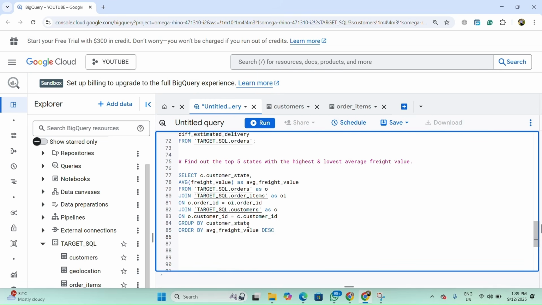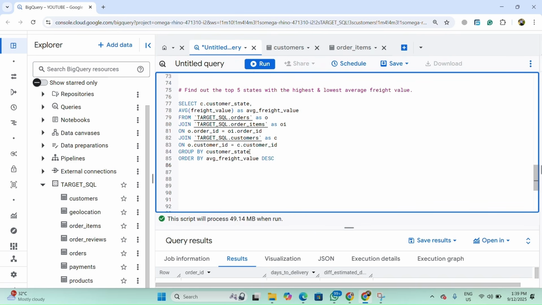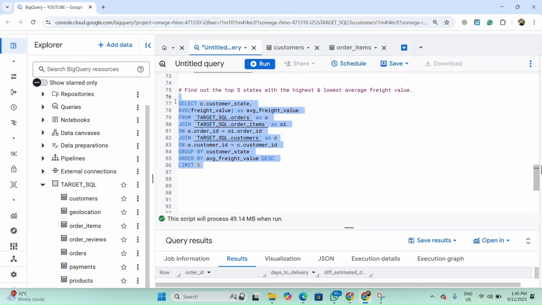So since you want to find only the top 5, I will be applying the limit here. So I will write limit 5. I hope you're clear with the query. So if I just run the query,